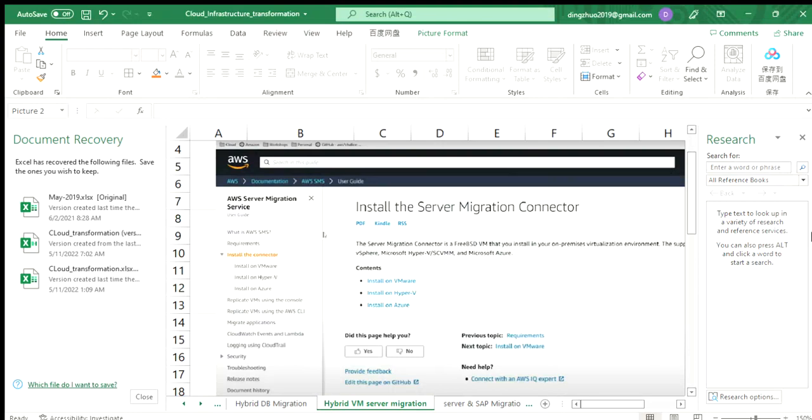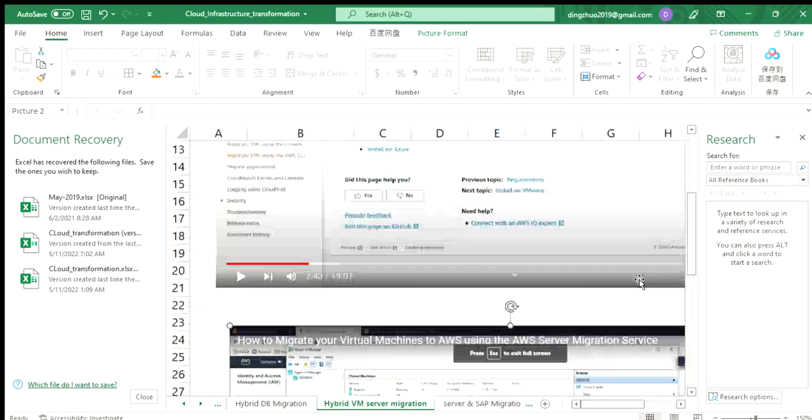the first step, you need to install the right migration connectors, or the server migration connectors. So if the on-premises server is using VMware, you're going to install the VMware migration connector. If it's Hyper-V, you're going to have the Hyper-V migration connector. If this is in Azure, you're going to have Azure migration connectors. Now, by installing the migration connector,